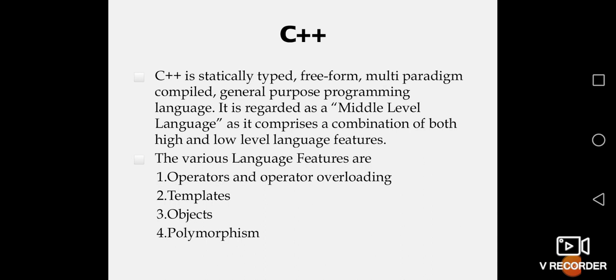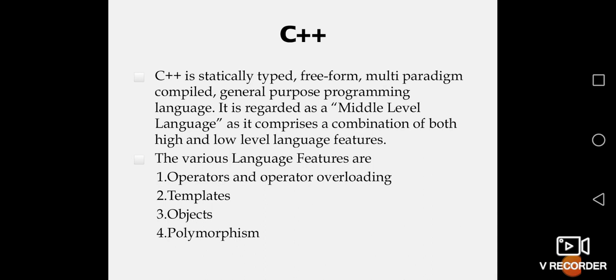Just like that we can give a coding, that means c is equal to a plus b. The numbers can vary, but we don't have to change the code for that. This is what is called a template. Instead of numbers we'll replace it with letters, but we don't have to change it each time. You can give any number and you'll get an output. Then there is something called objects. Objects means this kind of coding can be given within a specific word. We'll create a class, then we'll give some functions below it, and you can reuse it at any time. You can call that object.